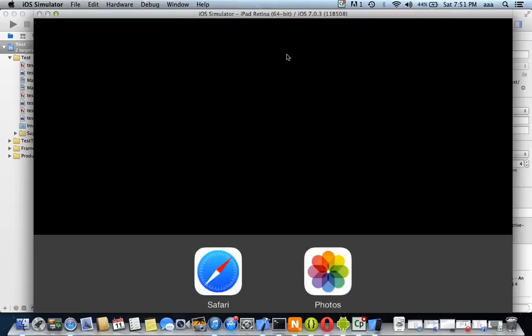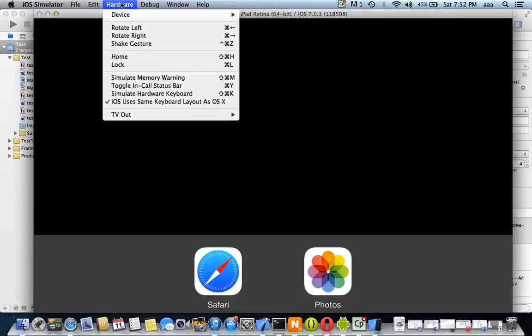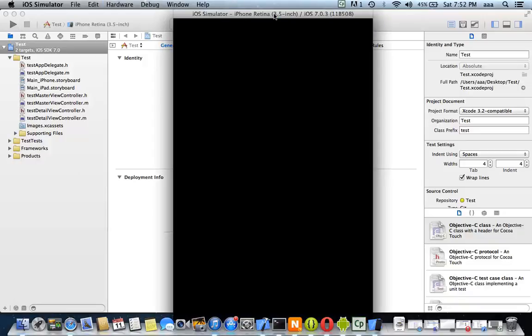The iOS simulator includes the ability to simulate 64-bit hardware, and let me just wait for some time for this 64-bit to load. And also you can test the accessibility of your app in a simulator. So here this is a 64-bit version, and if you have an app, you can directly run it in this 64-bit version. I'll just change my hardware to Retina 3.5, and I'll show you how you can check the accessibility,